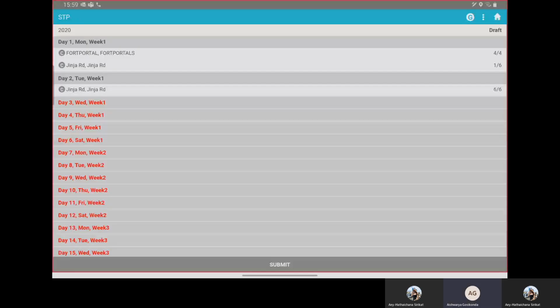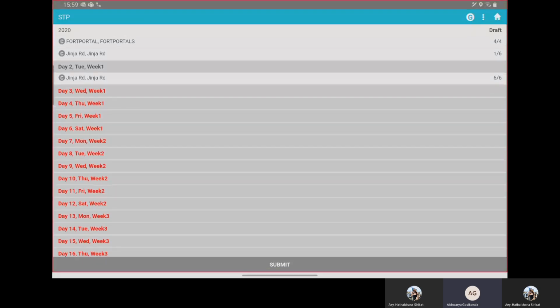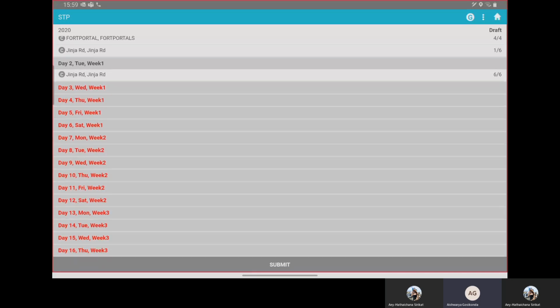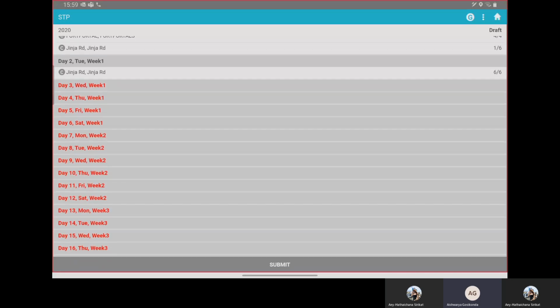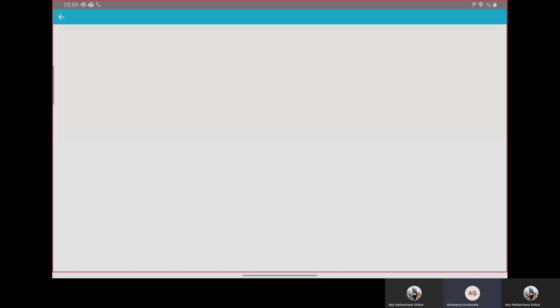Guys, STP has 4 golden rules. I suggest you note them down, because without following these 4 golden rules, your STP will not be submitted. The first rule is that you have to plan all the customers present in your MSL list.